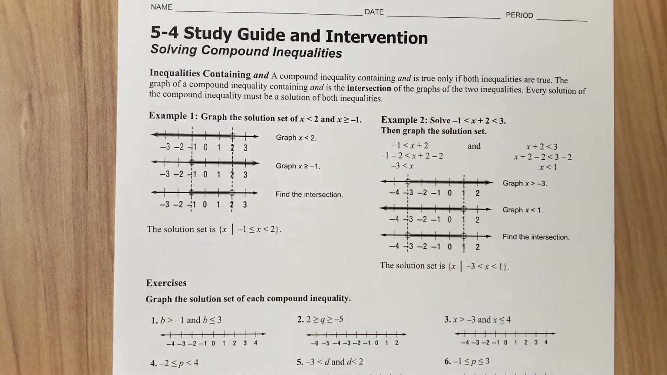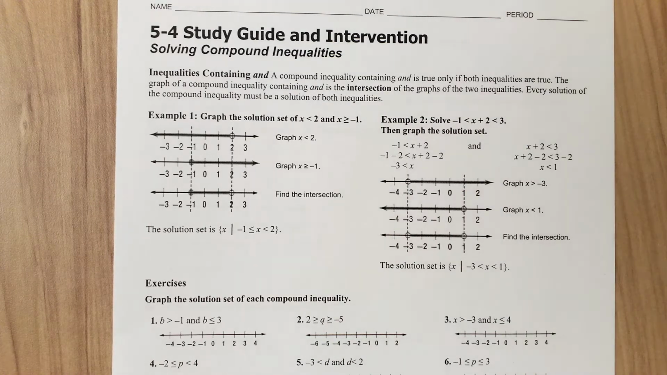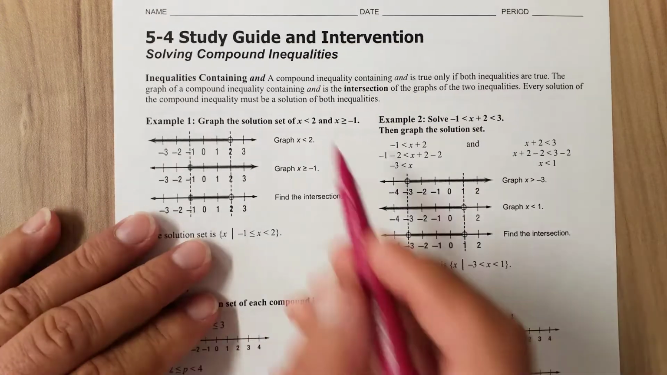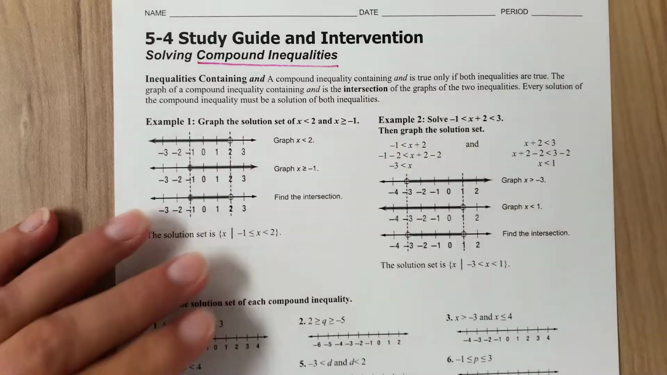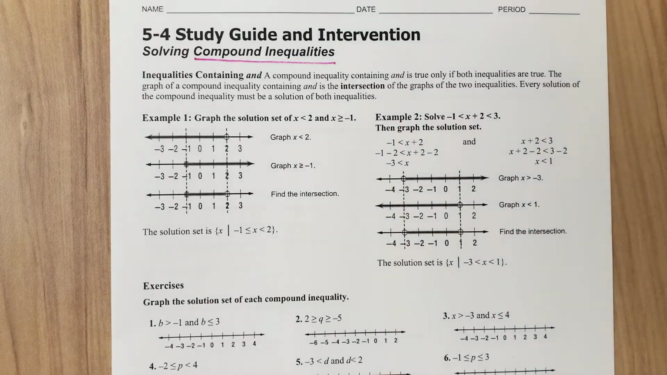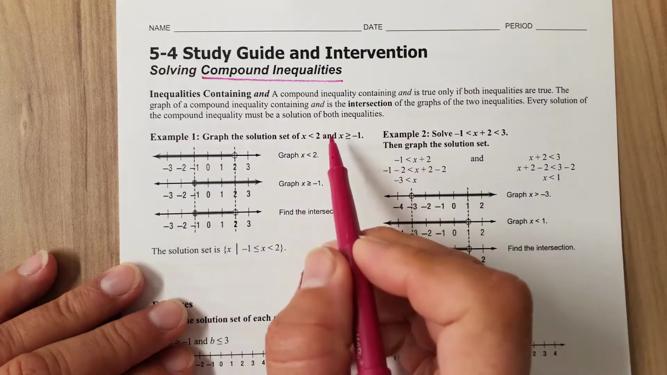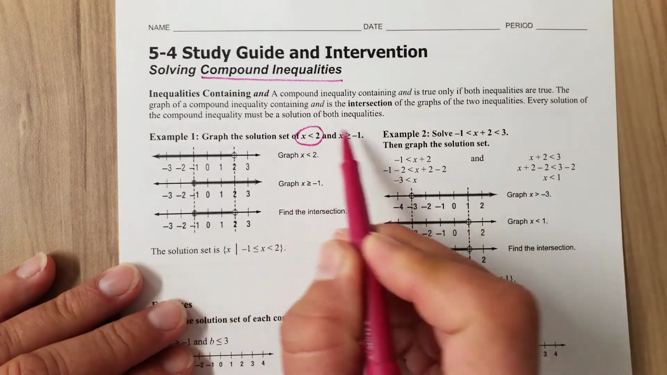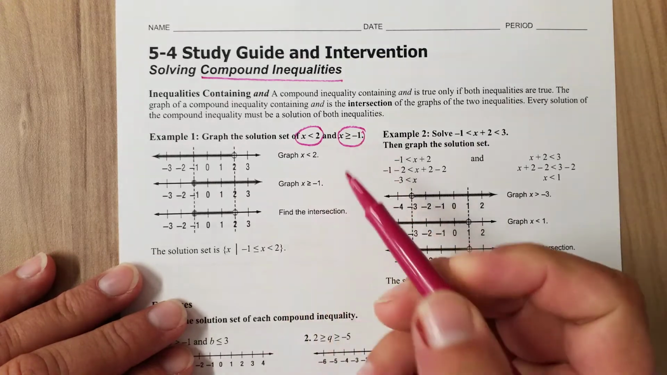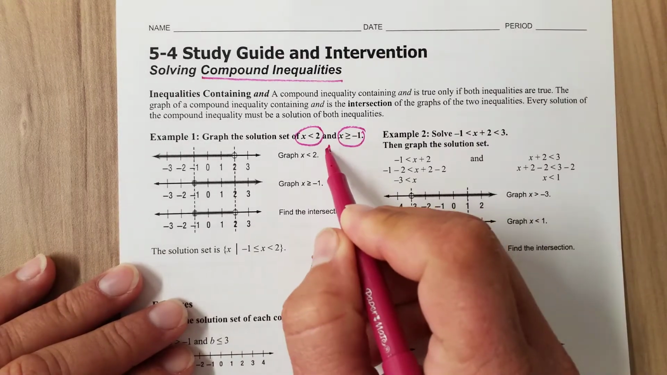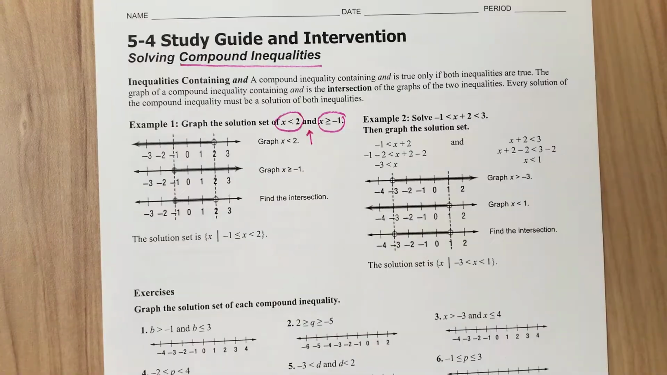Okay, so we've been learning how to solve one-step equations, inequalities, two-step inequalities, multi-step inequalities, and now we're going to talk about something called compound inequalities. Basically, a compound inequality means that you've taken two inequalities and combined them into one sentence,